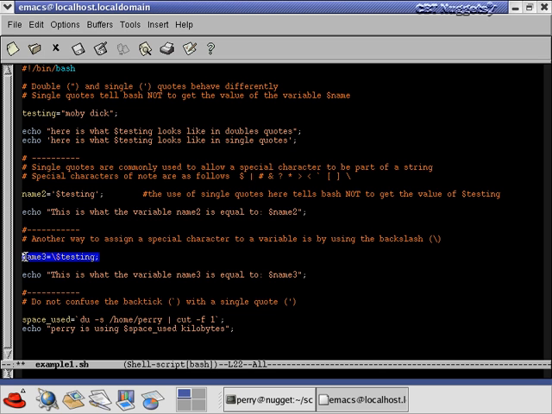These two things do the exact same thing, except the second one here assigns it to the variable name3 instead of name2. Okay, but it's saying name3 is equal to $testing. Okay, now, and when I print this out, I say this is what the variable name3 is equal to, $name3. Go get the value of name3, because this is in double quotes, this echo statement. So it goes to get the value of name3, and it's